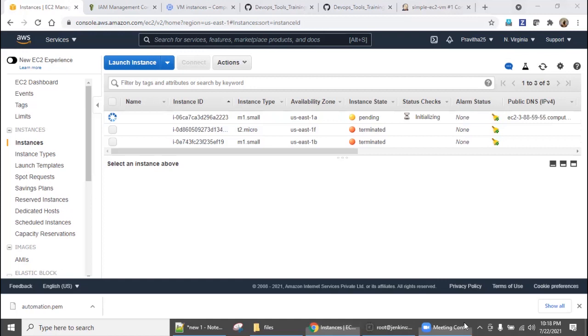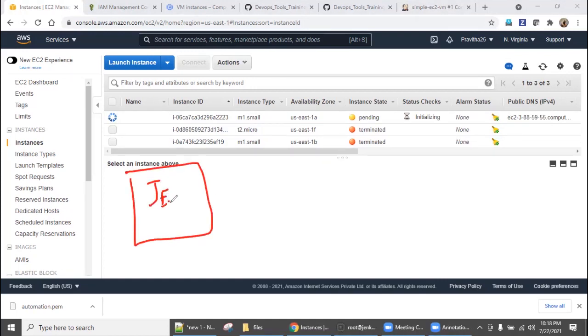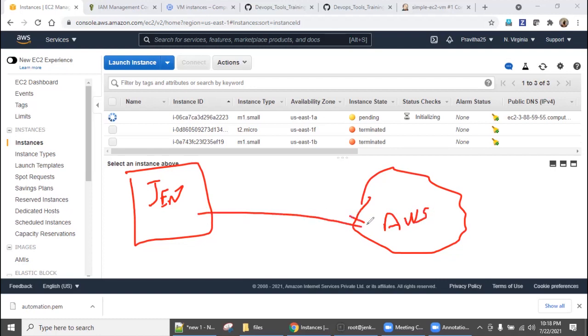Again, remember, this is my Jenkins server, CI server. Okay, somewhere this AWS cloud is located. As long as this Jenkins server is connected to your AWS using the plugin and all other configuration we just completed, whenever there is a change, right, you can apply the specific scripts or command line to make sure the necessary provisioning happens in AWS, right?